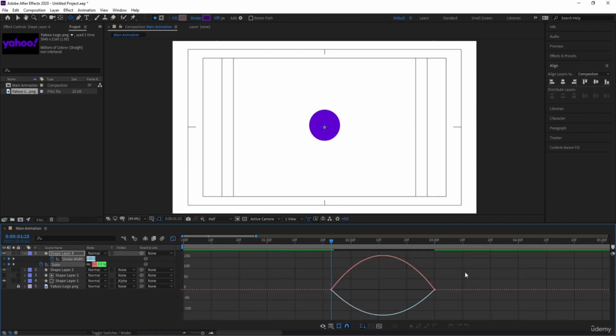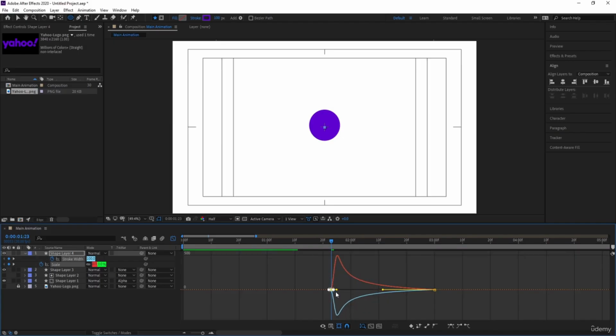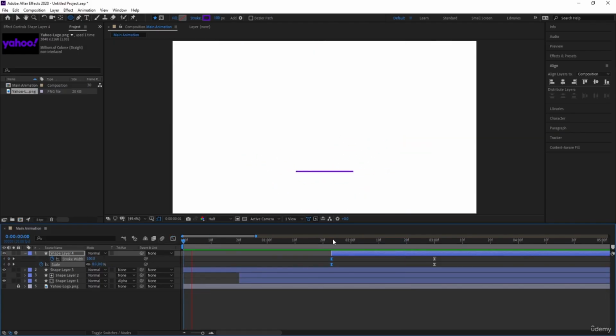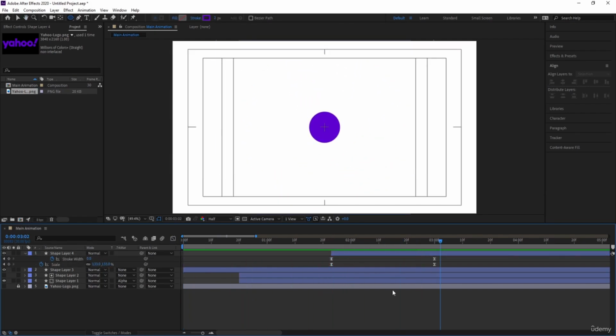Go to the graph editor, select this graph, move this handle over here, select this and move this handle over here, like this. So if you see this now, we will get this kind of bouncing effect over here. Okay. Now after that, what we are going to do over here, I'm going to pick up this ellipse again